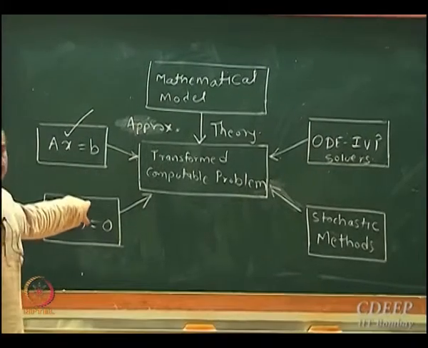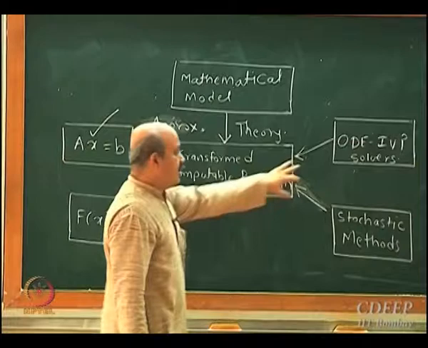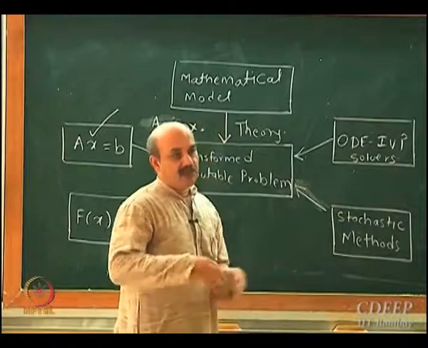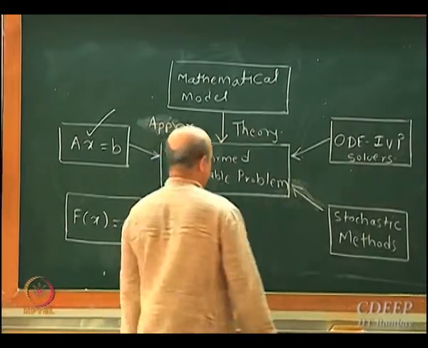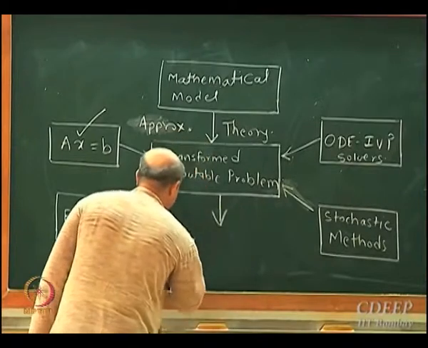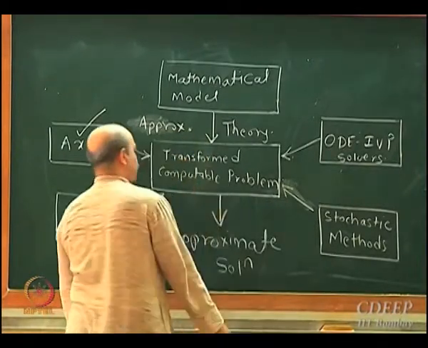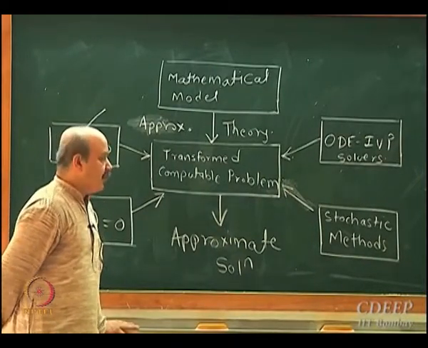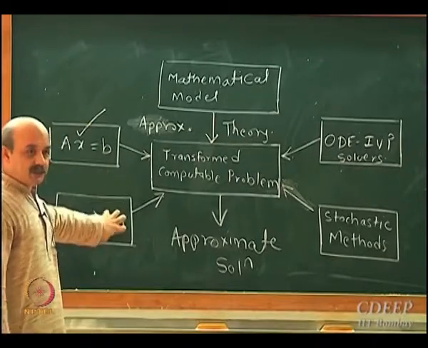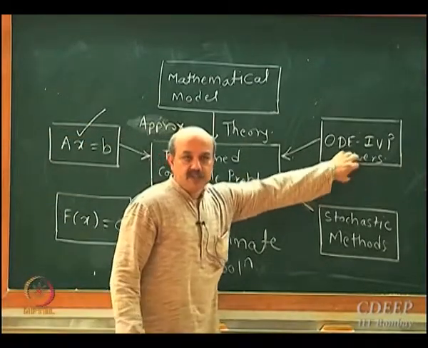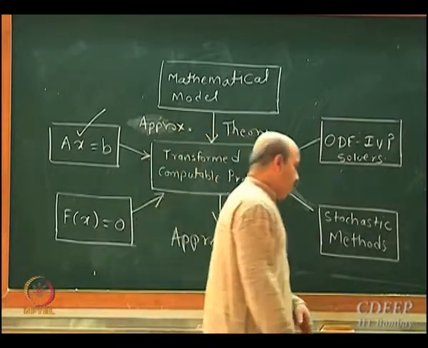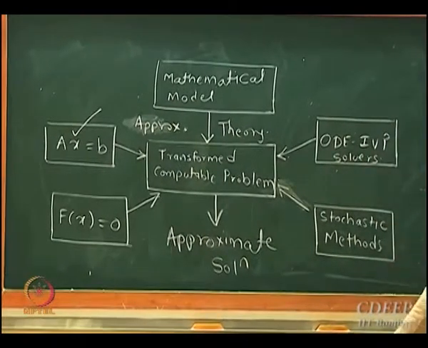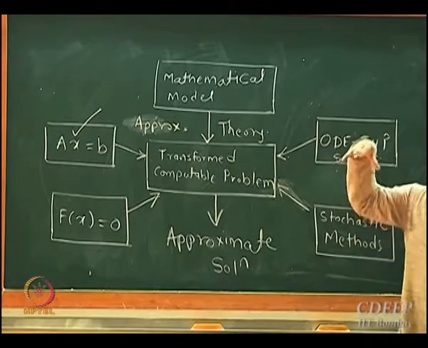I am moving to this tool now, and towards the end of the course we would be covering this. This will be left untouched because it probably would need one more course to cover stochastic tools, and what you get here is the approximate solution. This is the approximate solution for the original problem that you get. So this is done. We are moving to this. Okay. Eventually we'll move to this, and that is end of the course. So this is the overall structure, just to give you a global picture of what has been happening.